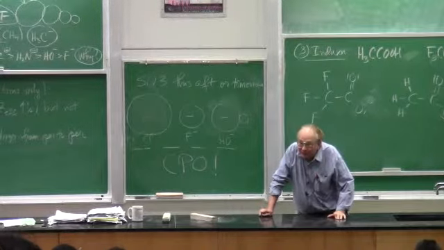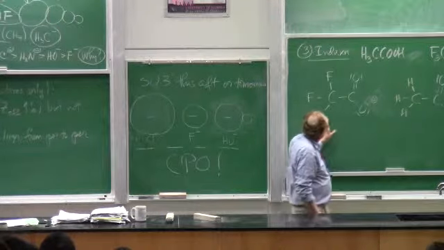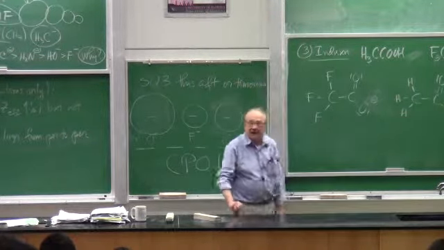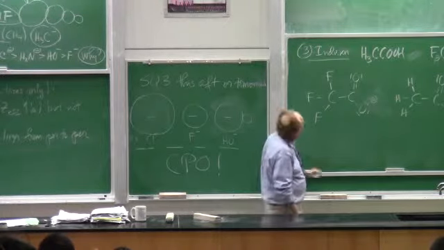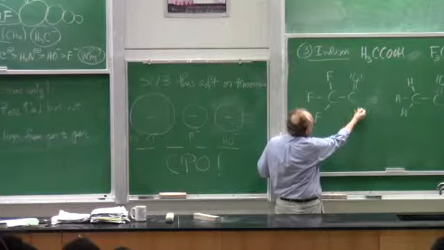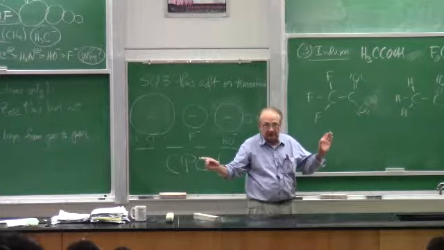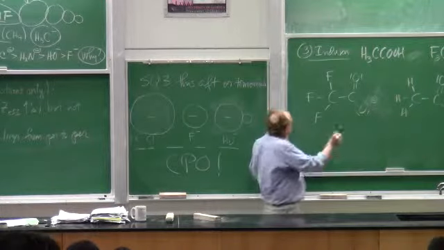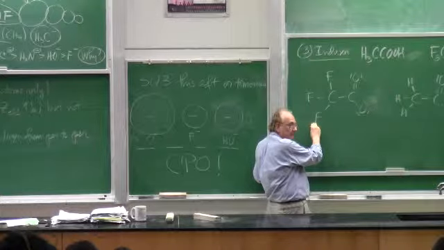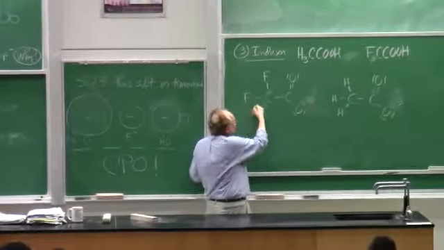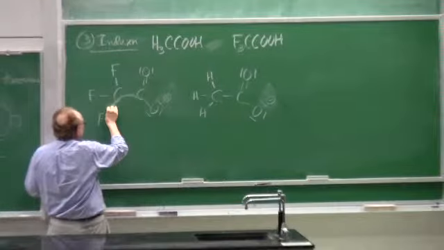A hell of a lot more electronegative those fluorine atoms are, aren't they? So if these fluorine atoms, by induction, can exert an electronic effect to the covalent bond skeleton, which is just a collection of valence electrons, if these fluorine atoms, because of their great electronegativity, can exert an effect through this covalent bond skeleton to pull this negative charge toward themselves,